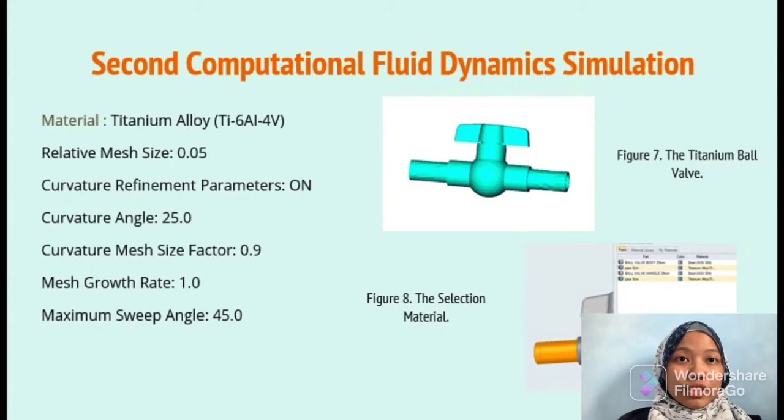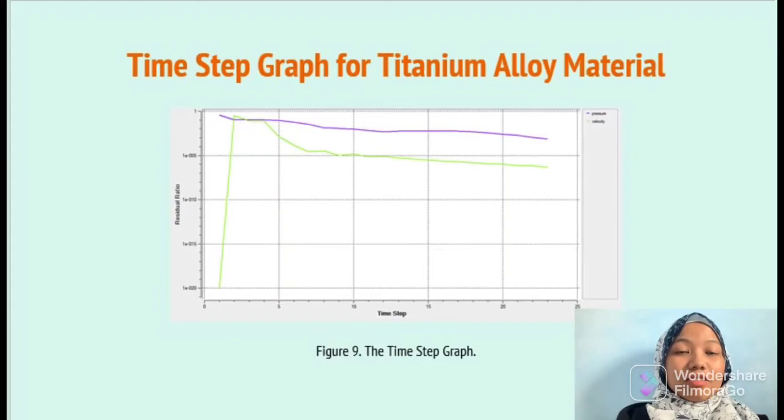The flow rate for this valve is 5.0 kg per second. Before running the analysis, we changed the material for this model to titanium alloy. The material selection was done through the Inspire software. After the material was changed, we imported the model into the AkuSoft 2017 software, allowing us to do the analysis. The result for the AkuProbe graph, which is the time step graph for titanium alloy material, can be